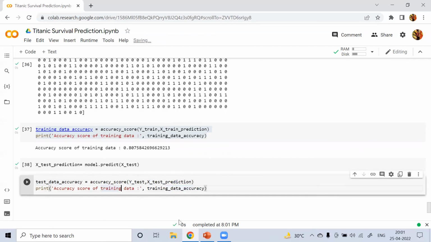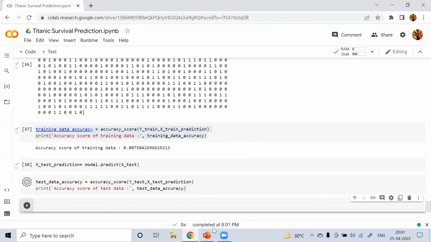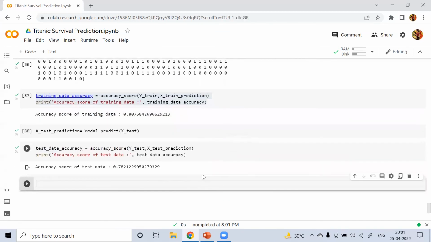So, accuracy on test data. Our test data accuracy. So now I will print it. So our test data accuracy is coming out to be 78%, which is quite good. So it means that our model is performing well.